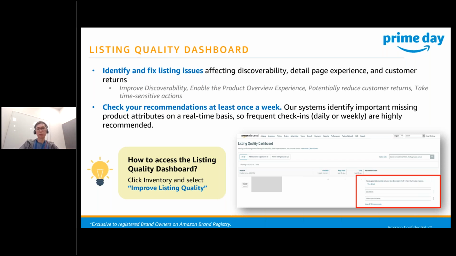For example, to improve discovery, this tool will provide leaf node recommendations to add if you did not do so during your listing process. They'll also recommend the attributes that you could add to improve the discoverability of your product.